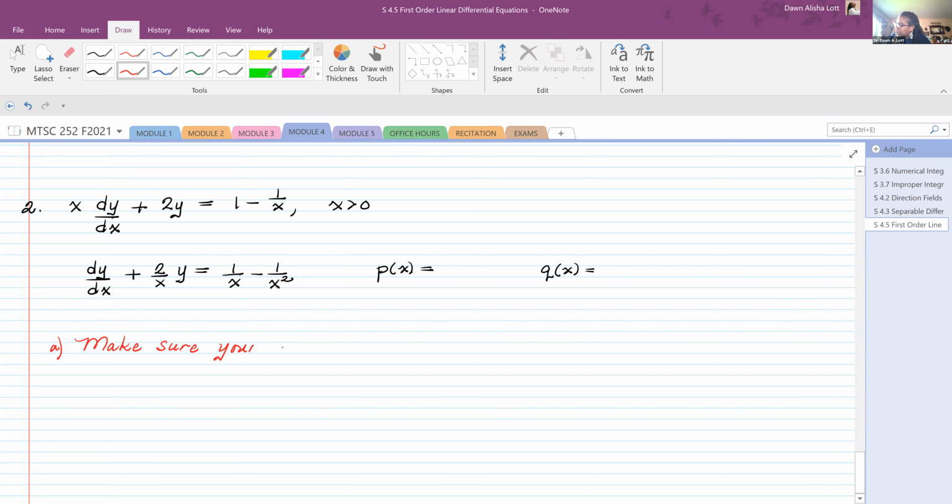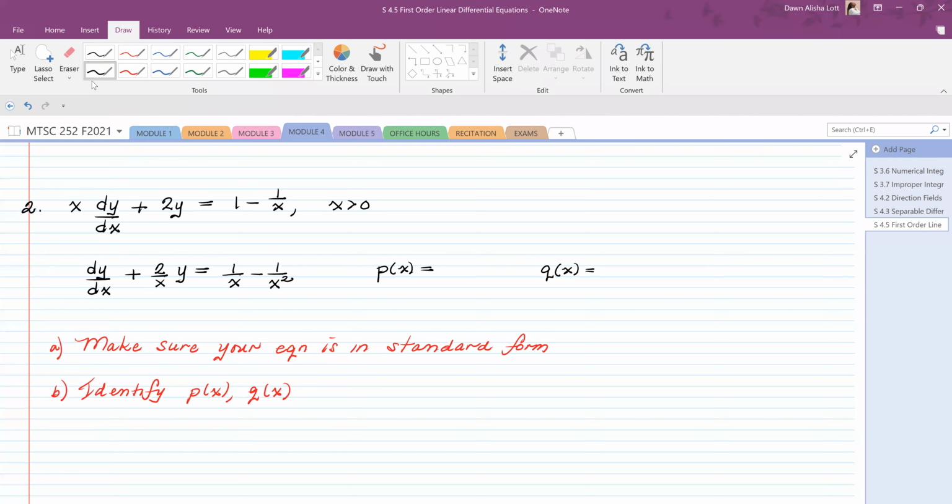Make sure your equation is in standard form. Number b, identify p of x and q of x. So what are p of x and q of x? P of x is,